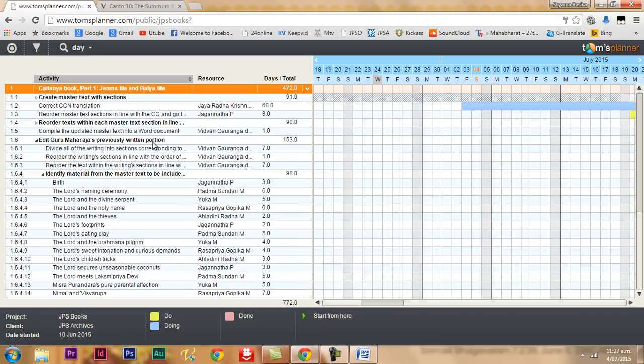Then these written portions need to be divided into sections corresponding to these sections of the master text, and then the text within that has to be reordered, and then we'll have to look at the master text itself to identify which portions are not found in Guru Maharaj's previous writing.